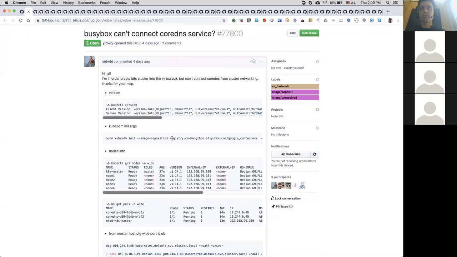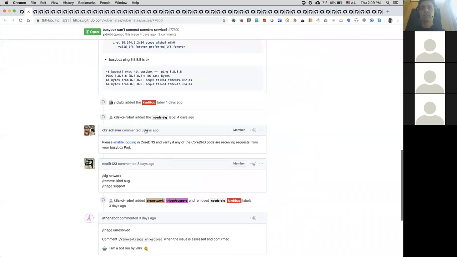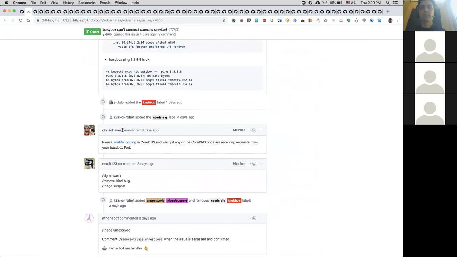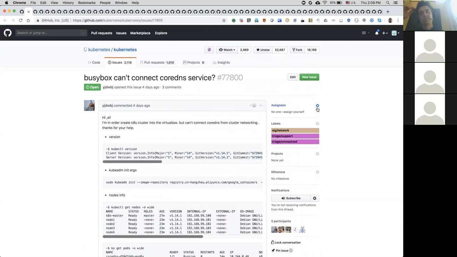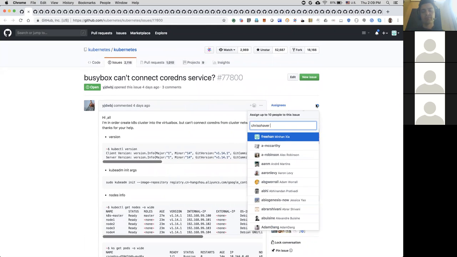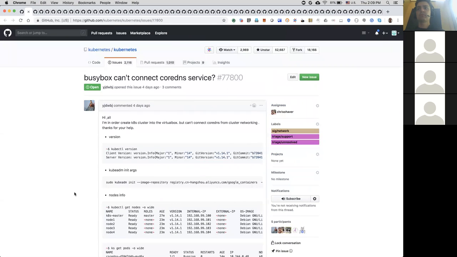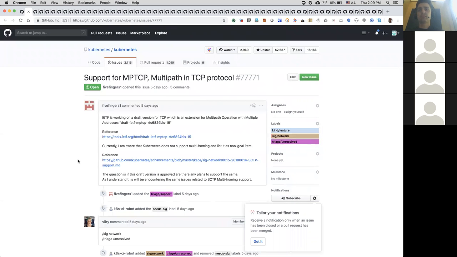I don't know if you can actually assign something to me. Oh, you're not in the Kubernetes org at this point? Actually, I am. So yeah, you can assign it to me. You just have to triage it and mark it as, I mean, it's probably a support request, a configuration issue. I'm guessing their network layer is not set up right. Yeah. Okay. All right. Next one.